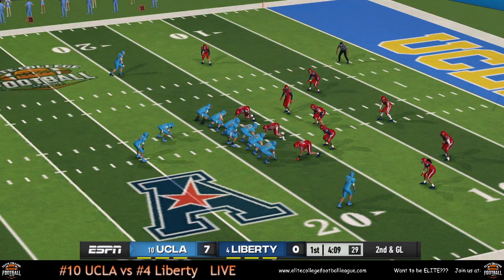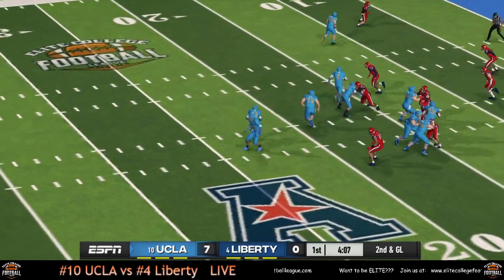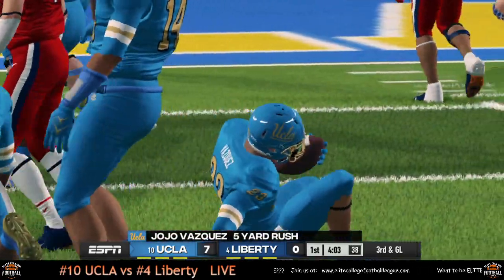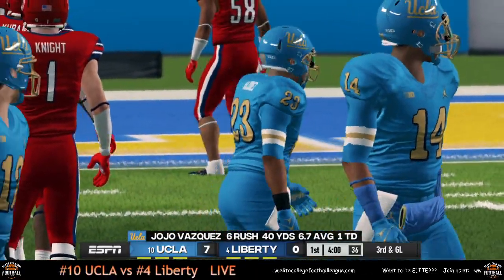Offset I formation. He's going to hand it off to Vasquez. 5-yard gain. Brings up 3rd and goal.